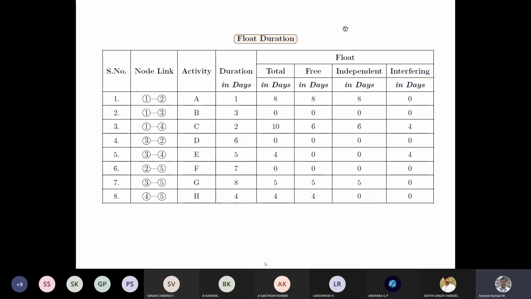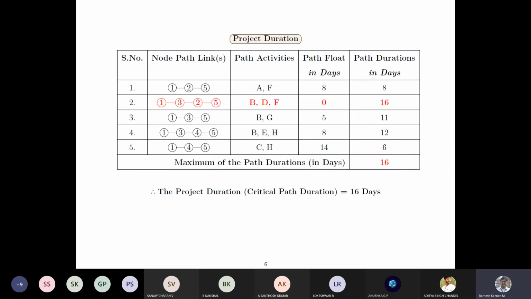And now kindly pay attention. This is how we find the critical path, in a shortcut method, or to verify whether we got it correctly using the critical path method. And this is a sanity check. Say when you calculate all the path durations, the highest comes around 16. So this is a very important thing. Hence BDF is the critical path, hence proved. And this is the project duration. So the entire project duration is 16 days.